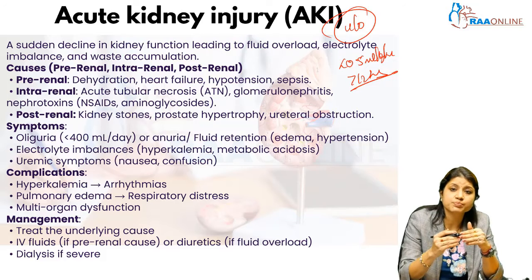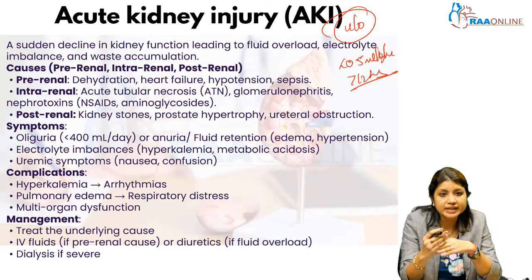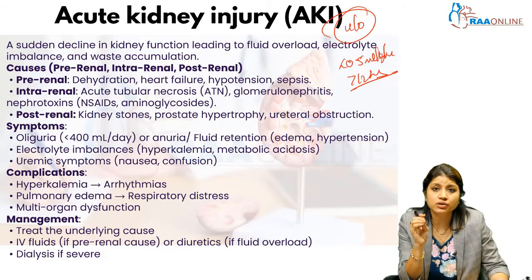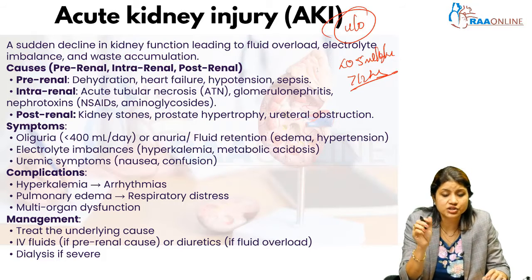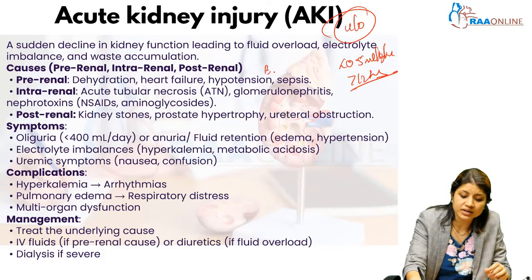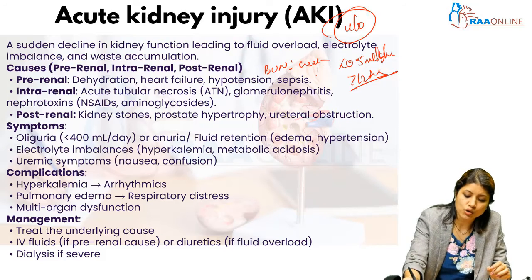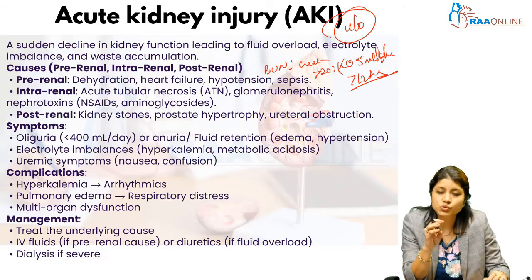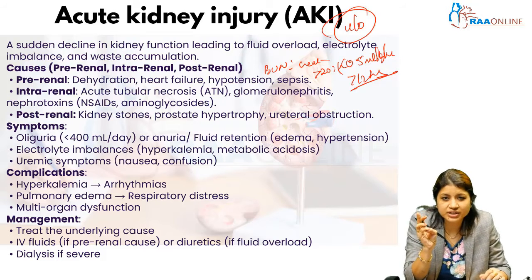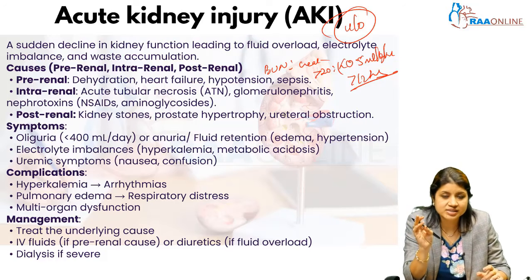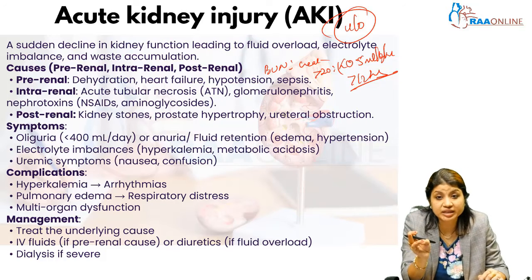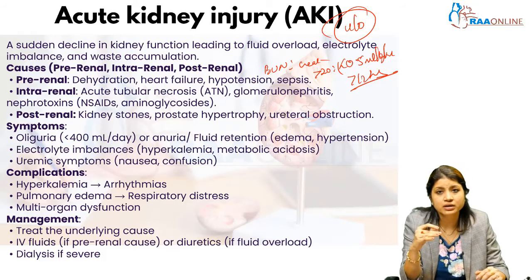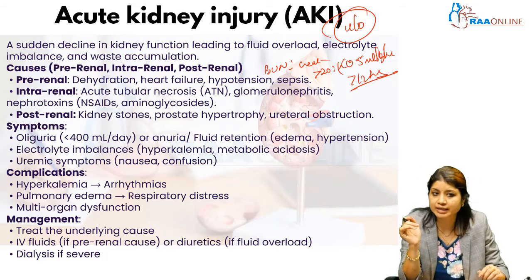And AKI has been classified into three types: pre-renal, intrarenal and post-renal. In pre-renal AKI, we saw there is a decreased fractional excretion of sodium, wherein your BUN to creatinine ratio is often more than 20:1. This implies that pre-renal AKI is mostly secondary to dehydration, hypotension, heart failure, or catabolic states, GI bleeds, steroids, azotemia, sepsis. All of these form a clinical picture of pre-renal AKI.